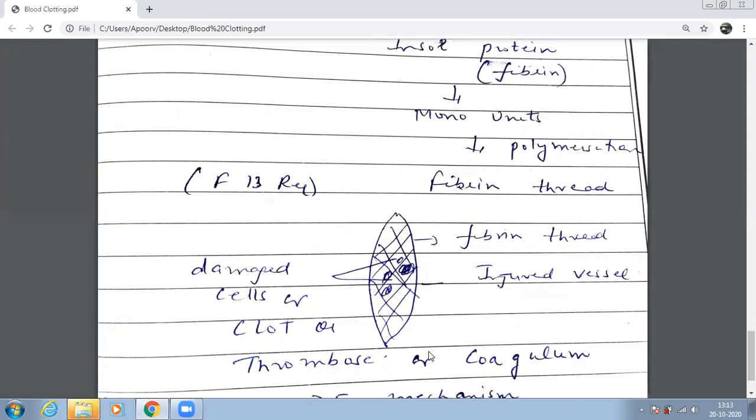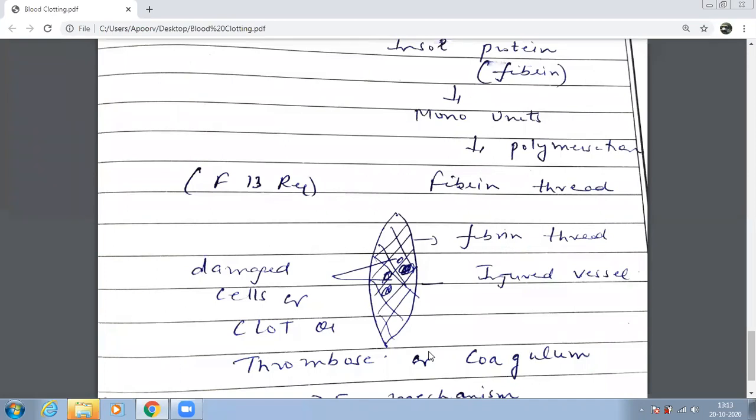Anybody is confident giving me all the 3 steps very quickly? Yes, ma'am, I can. Okay, tell me the first step. Ma'am, in the first step, prothrombin activator is formed from two pathways, the extrinsic and intrinsic pathway.